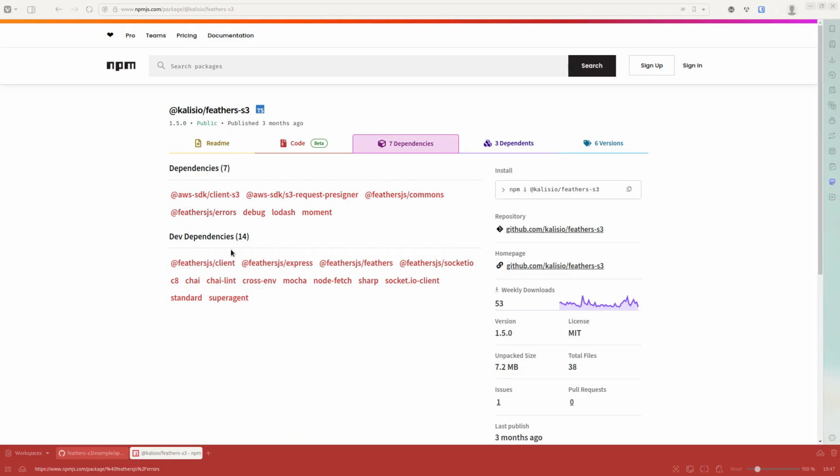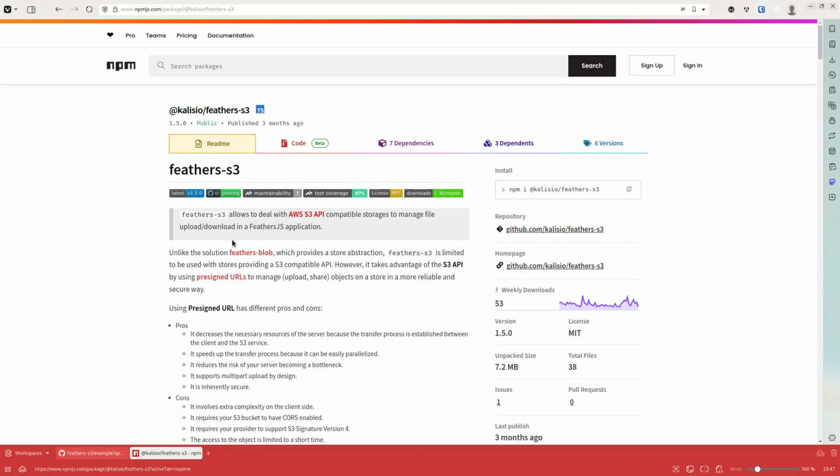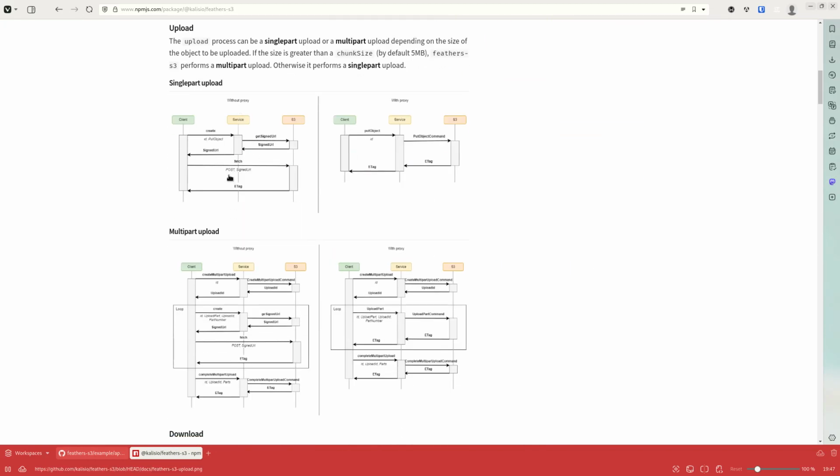So I think according to what he mentioned here, which was even one of the reasons I was looking forward to using it, normally if you use it without the proxy that it provides, you go through the create route, make a post request to the service, which calls the get signed URL and sends back the signed URL,